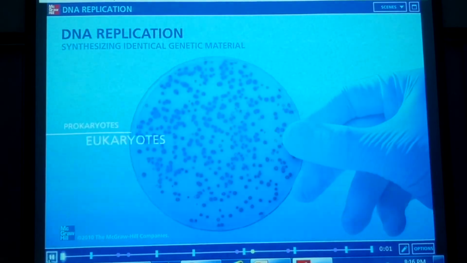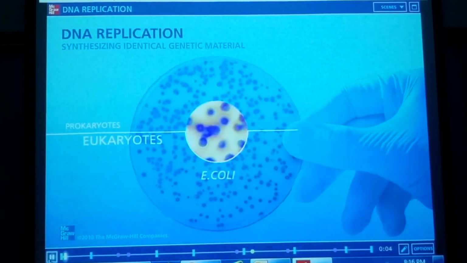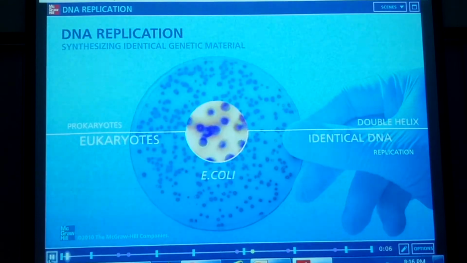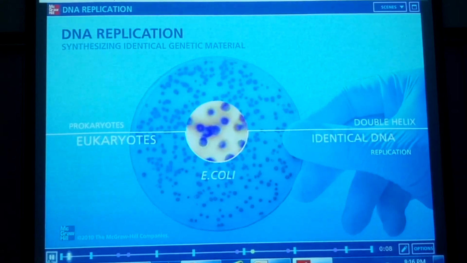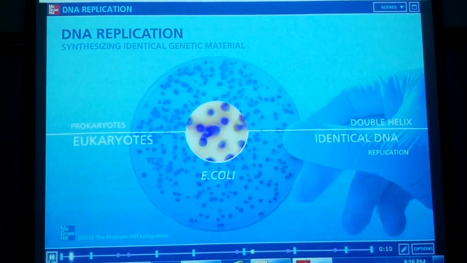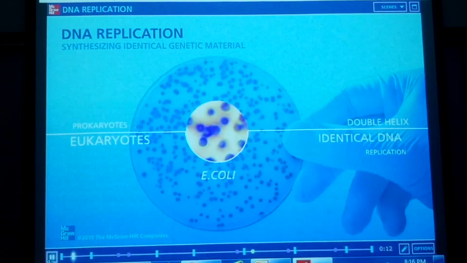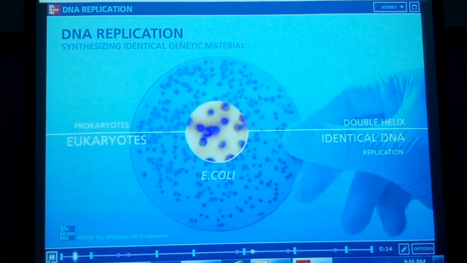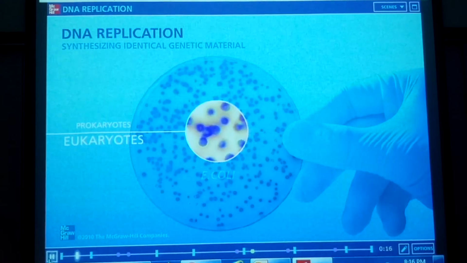Cells like these prokaryotic E. coli cells replicate themselves quickly and efficiently. Part of the process of asexual reproduction is the ability of cells to make identical copies of their DNA before cell division occurs. Prokaryotic cells that reproduce